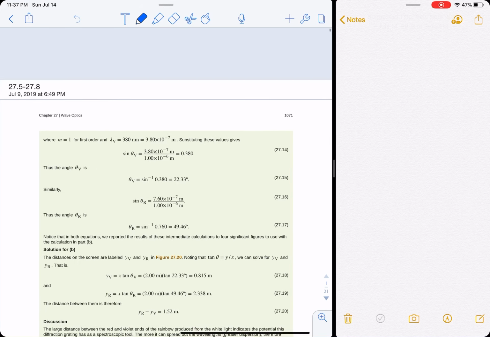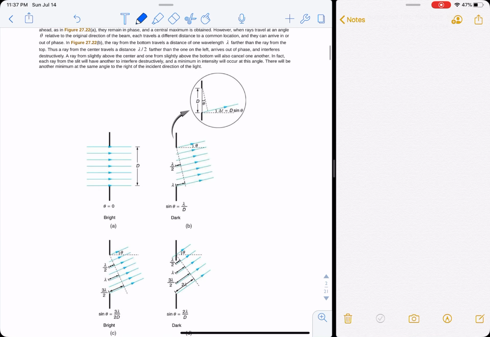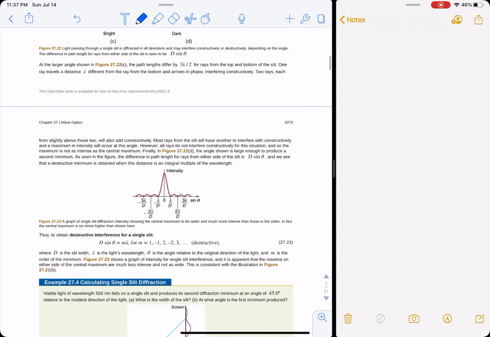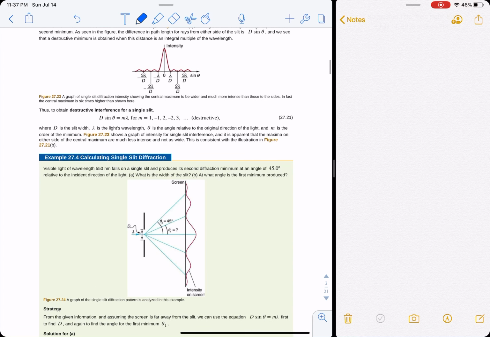All right, let's talk about single slit diffraction. If you have one little slit and the light comes in, you get this pattern, and we call that single slit diffraction. Basically, everything's the same as what we talked about for double slit diffraction in terms of the equations, and the difference